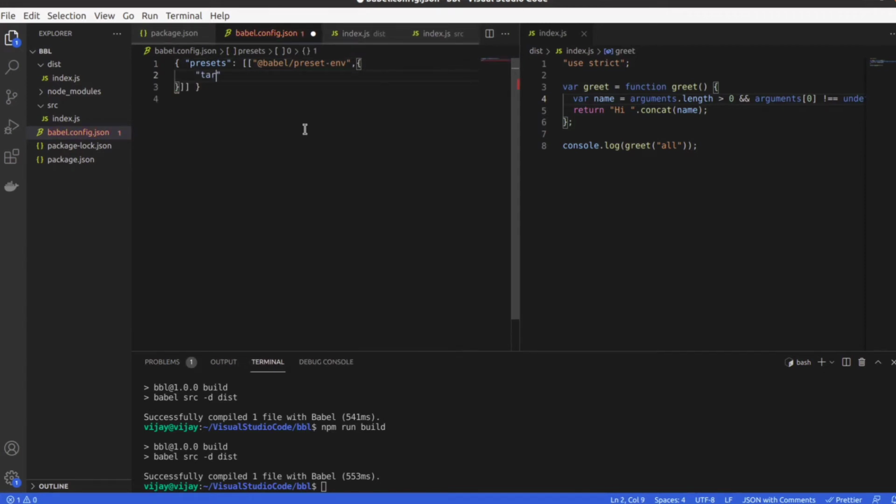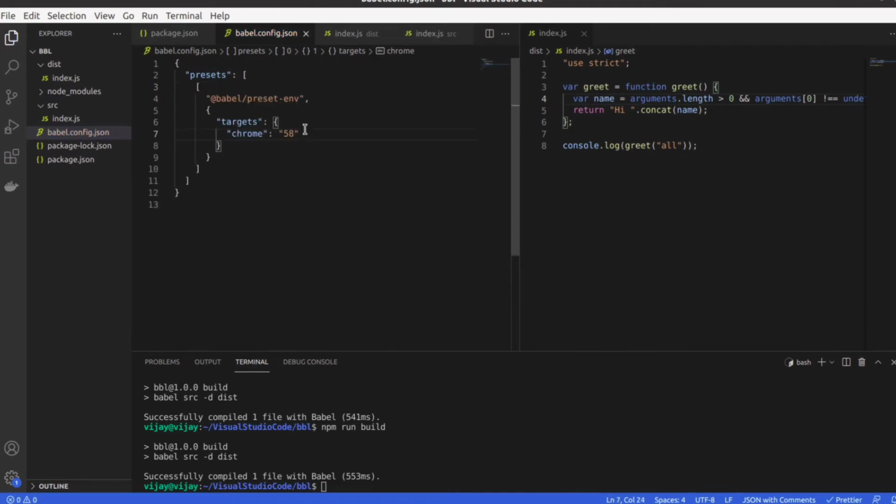Inside the object, we will say targets as a key, and we will pass an object in a key value pair. First we will give Chrome, and the minimum supported version, 58 would be good.